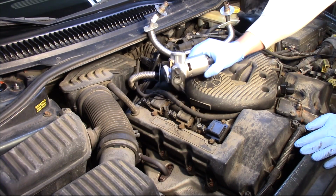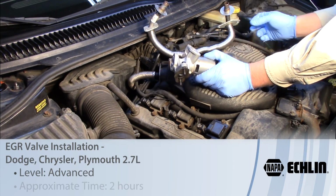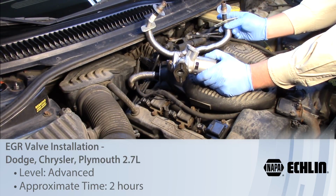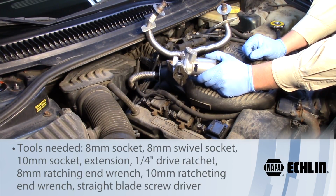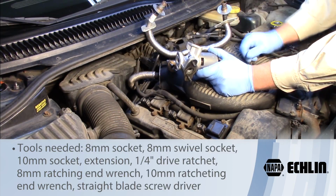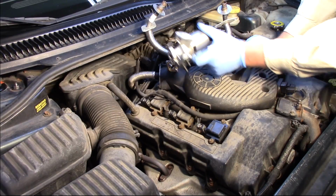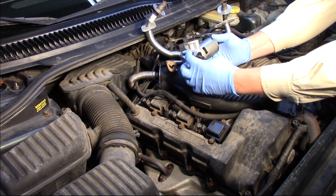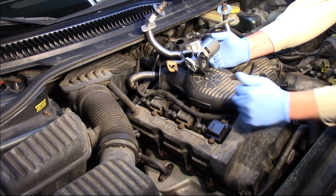Let's take a look at replacing the EGR valve, and we're actually going to go ahead and replace the EGR tube on this 2001 Dodge Intrepid with a 2.7 liter engine. Now the EGR valve itself is located on the back side of the engine, kind of mounted on an angle there. So we've got one big electrical connector, we've got two bolts where it's attached up to the back side